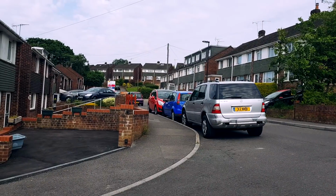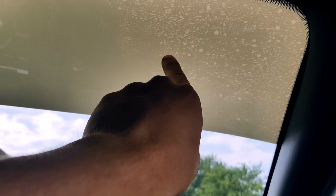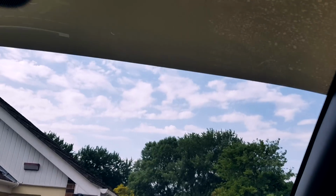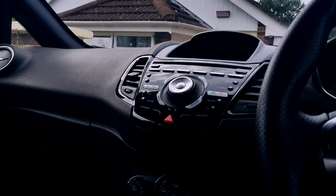So as you guys can see, little bit of bubbling and stuff there, but you don't see it from the outside, which is good. All in all, I'd say it was a pretty good job, and it only took us about half an hour, 45 minutes to do. Now, as you guys can see,